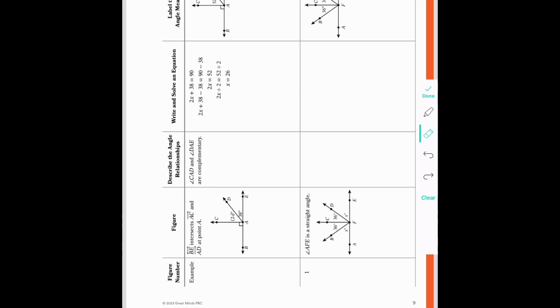So we can look at number one. They give us a description of the figure. The figure AFE, angle AFE is a straight angle. Being a straight angle just means it's a straight line, which means we know that it is 180 degrees. Okay, so that is what is very important about this. So now if we describe the angle relationship, we will put that angle,